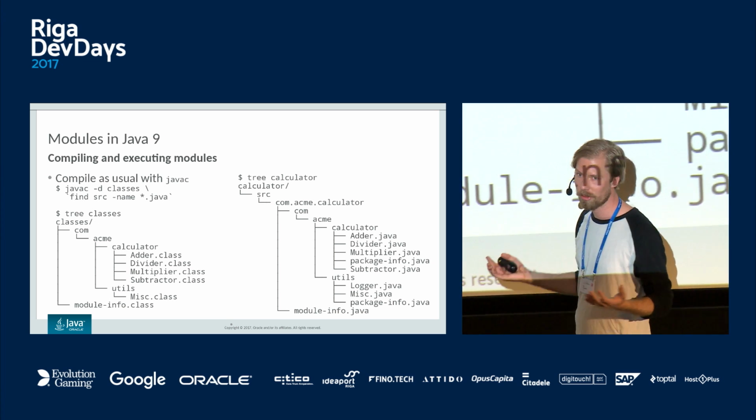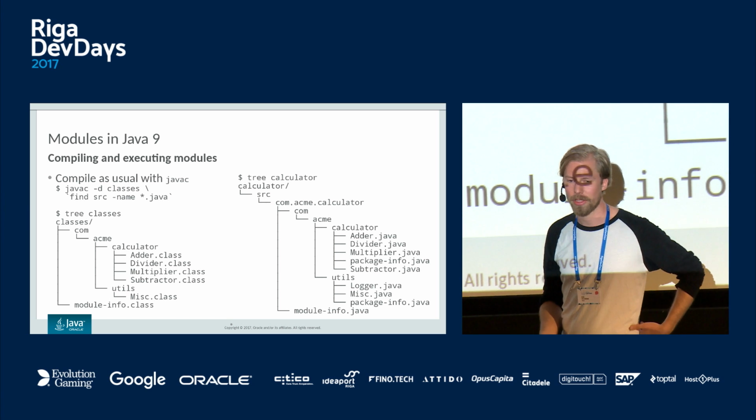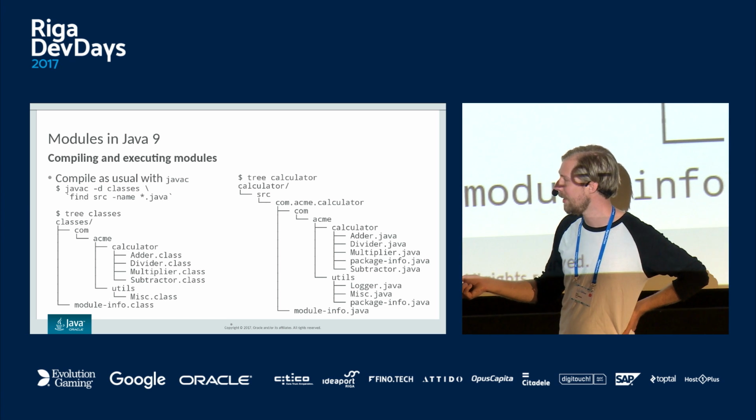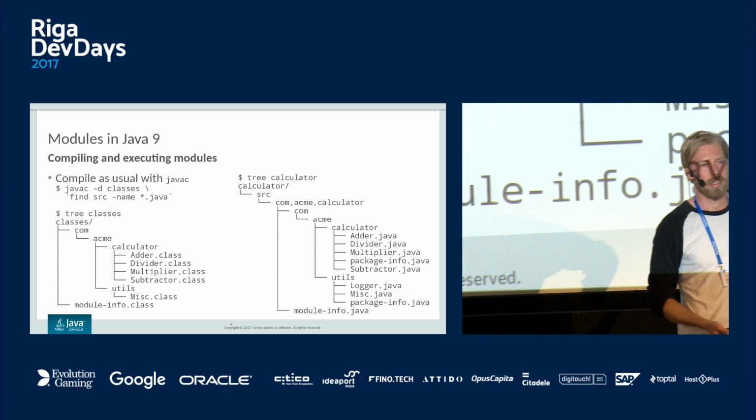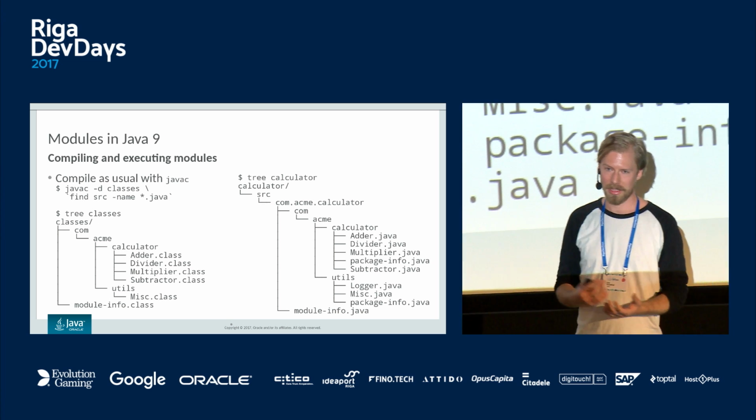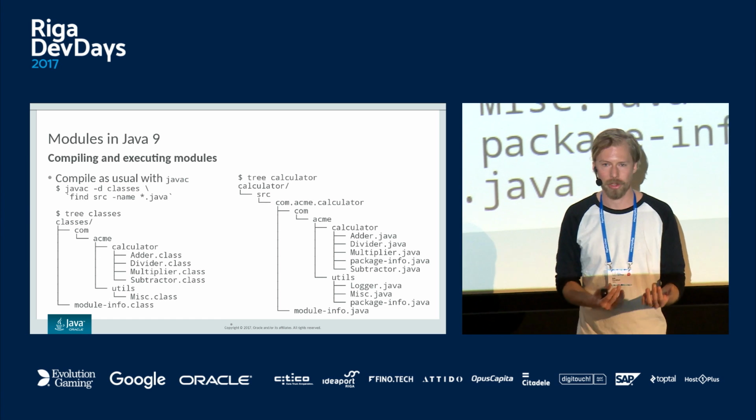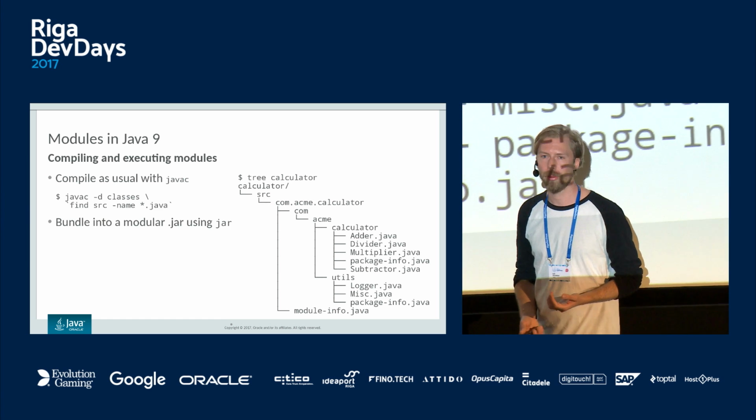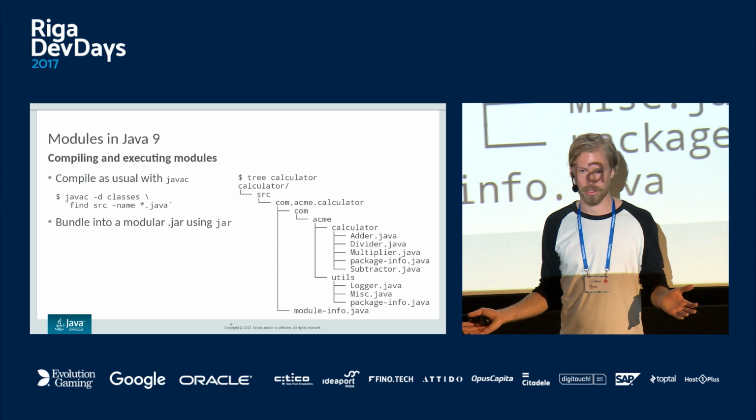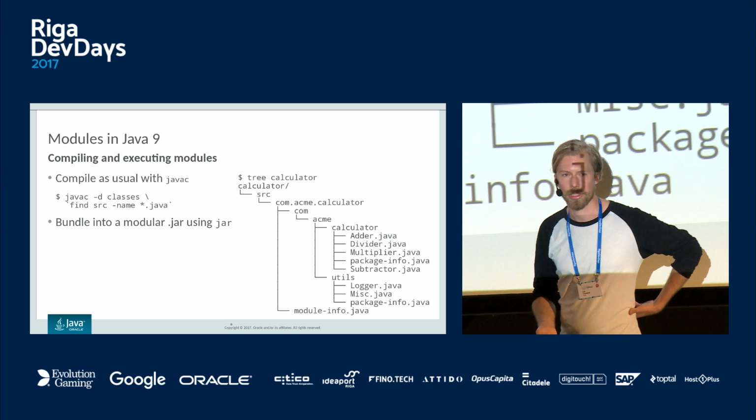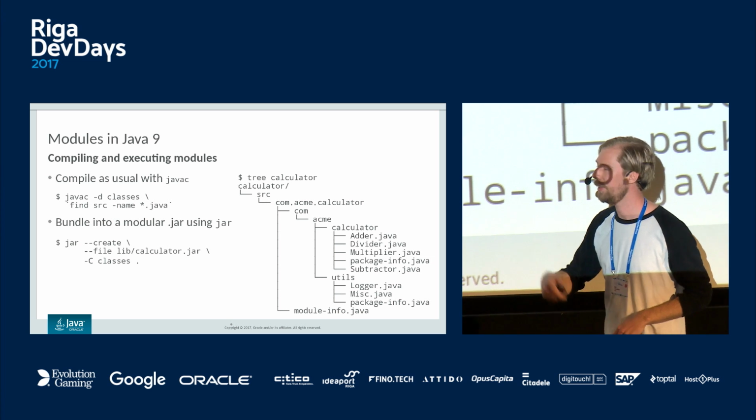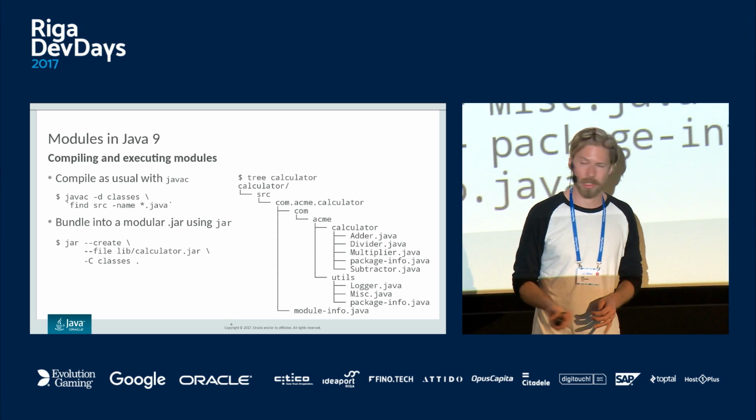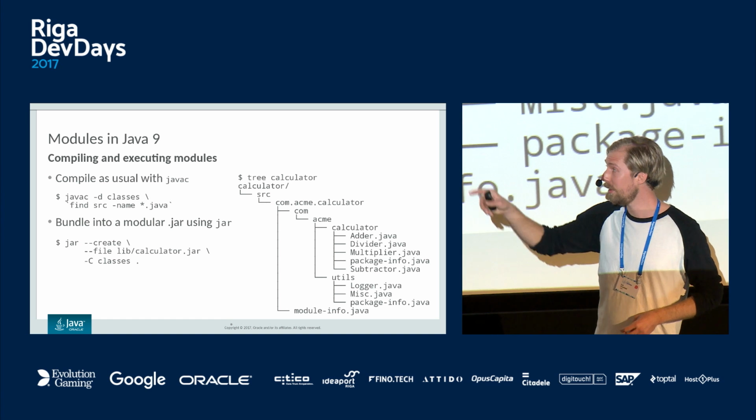Yeah, this looks like normal class files from a normal Java application, with the exception that we now have a module-info.class in there as well. If we want to bundle this up so it's easier to share with others, to ship around, to move around, we will use the tools that you're already familiar with, such as jar, to bundle this up into a so-called modular jar file. So you use jar --create --file, and this is where we build it up, lib/calculator.jar, and